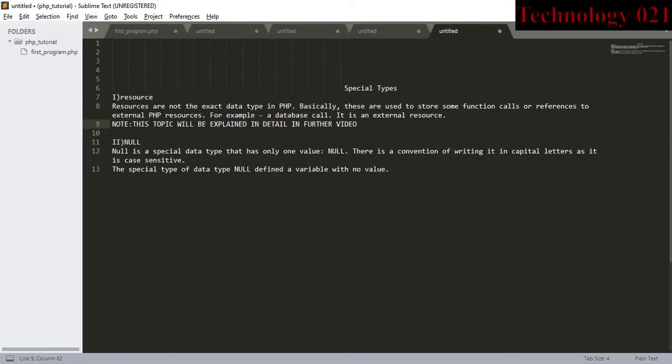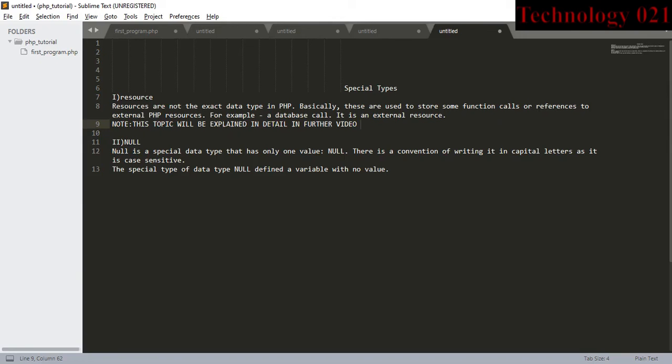Basically, these are used to store some function calls or references to external PHP resources. For example, a database call is an external resource. So this is also an advanced topic. I will explain about this topic in detail in a further video.